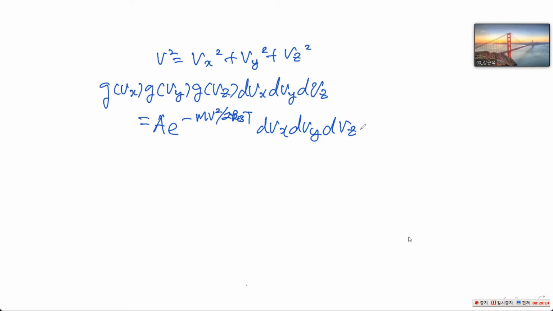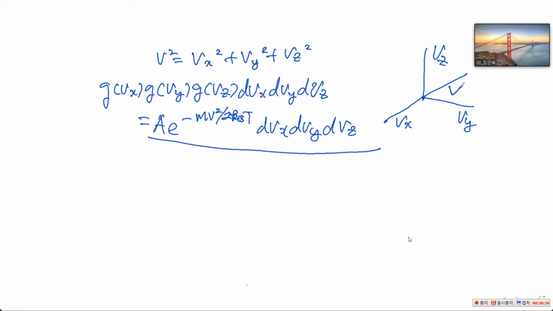Okay. Then, since we can consider three-dimensional space, which is given by Cartesian coordinate Vx, Vy, Vz. 자, 직교좌표계 각각의 좌표가 Vx, Vy, Vz인 Cartesian coordinate를 고려하겠습니다. Then their radius is written by V. Then we can say that we want to convert it to the spherical coordinate. So spherical coordinate, so I would like to say